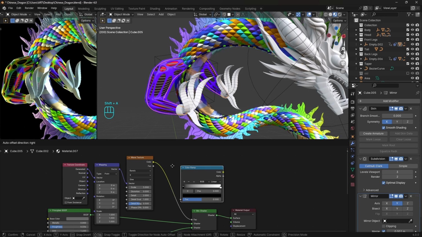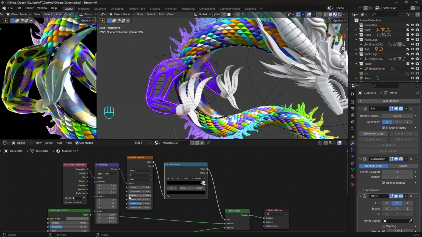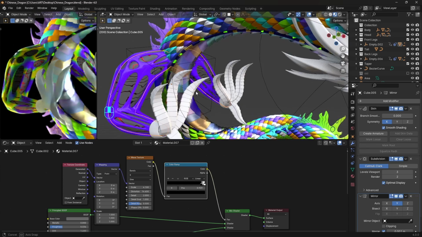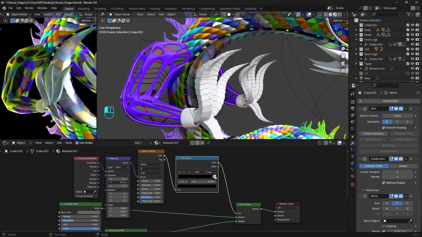Color ramp to control the shaders. And let's play with the wave texture settings to create a simple pattern with a few curved lines. We can use the mapping to refine the pattern location and rotation.